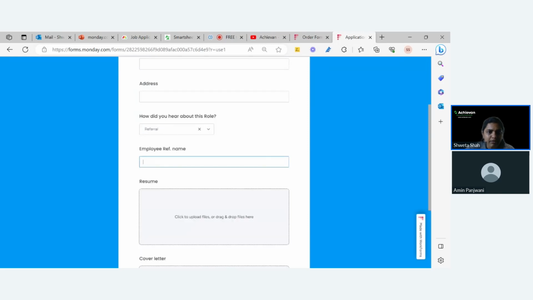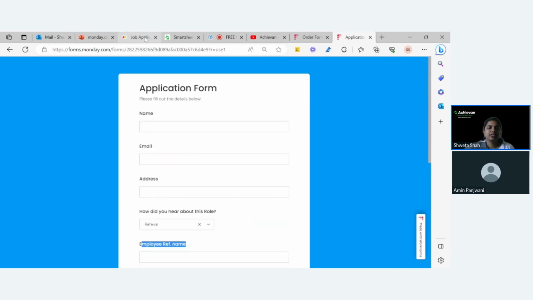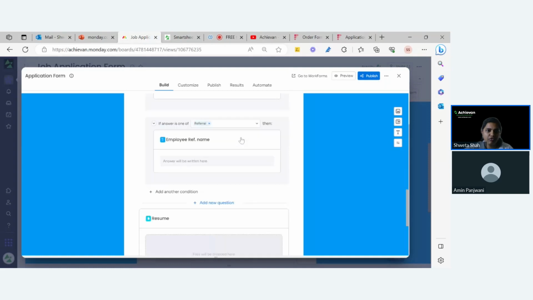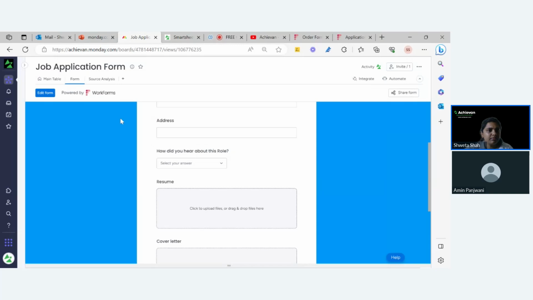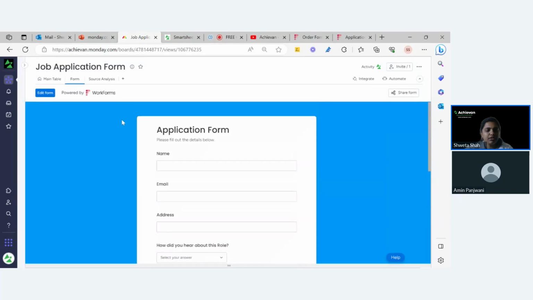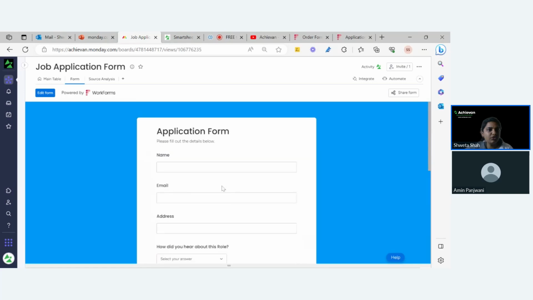You can have employee referral name or employee ID or just employee email ID. Please feel free to choose any depending on your use case. But you can use this conditional logic on your form. So if you have any conditions on your form, then definitely you can use this. Also, now let's go to